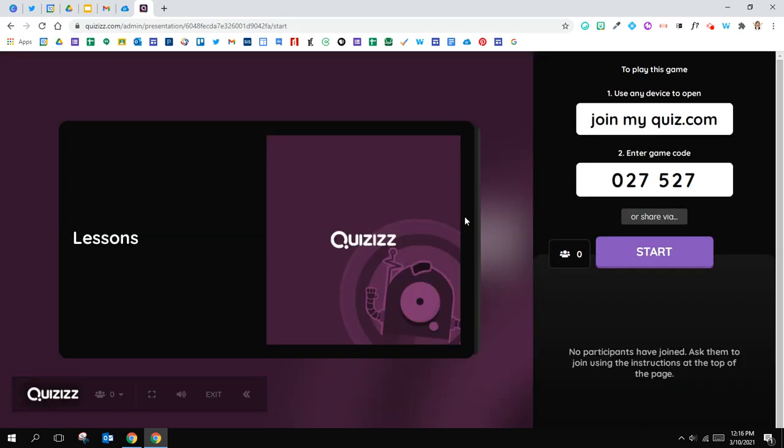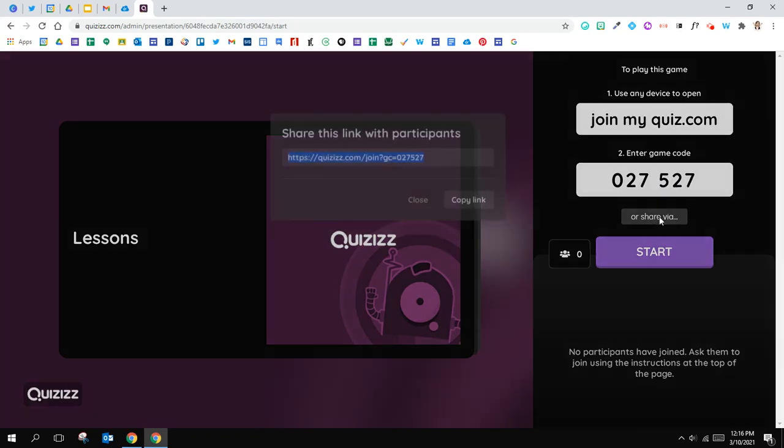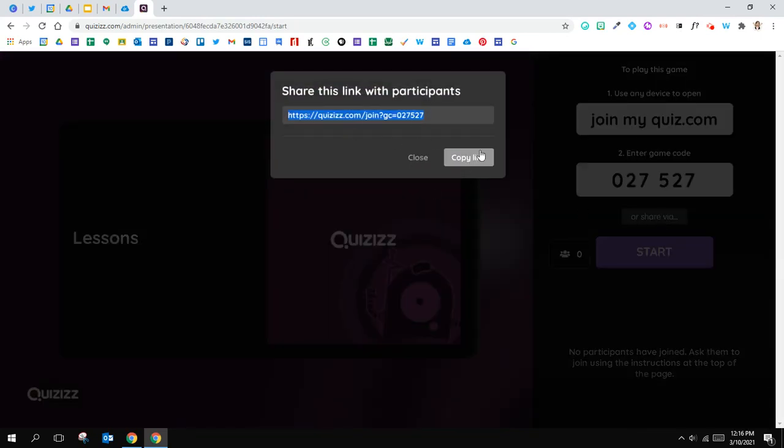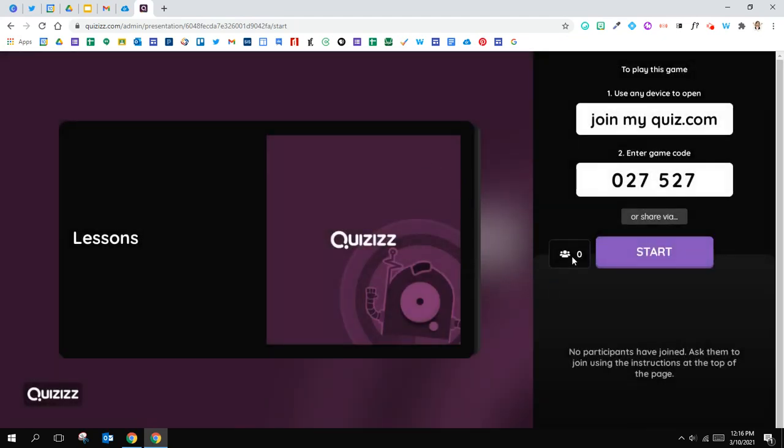and you'll notice the first screen will give my students directions as to what to do. It will tell the students to join myquiz.com and enter the game code, or you can share this via a link and copy this link and post it in Google Classroom for your students. As you see your students join the class in your lesson, the number of students will appear here. Simply click Start once your students have joined, and then you will be able to lead a lesson for your